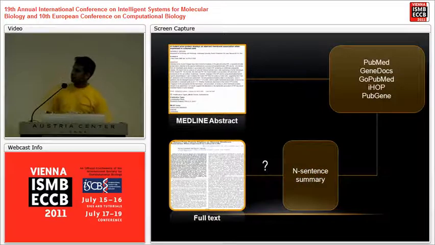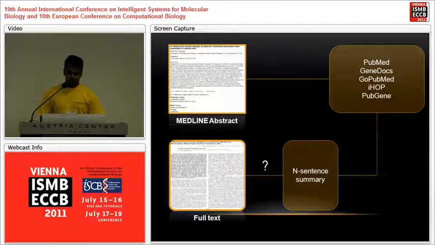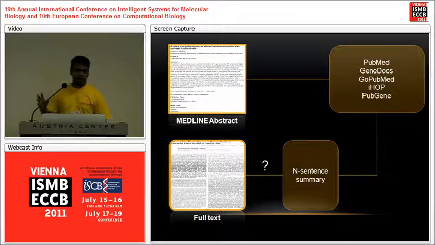In this work, primarily we are trying to develop some algorithmic techniques to get a summary from the full-text document, which takes advantage of both the good things of the full-text and the MEDLINE abstracts. And finally, we are going to use the summary in other biomedical text mining applications. In this research, we focus more on developing the algorithmic techniques than the application of the summaries in the later